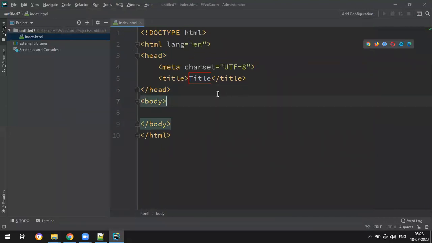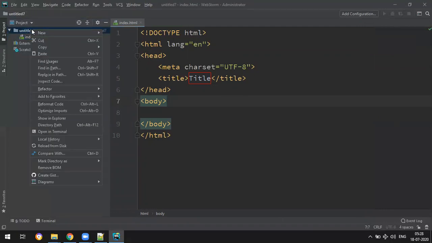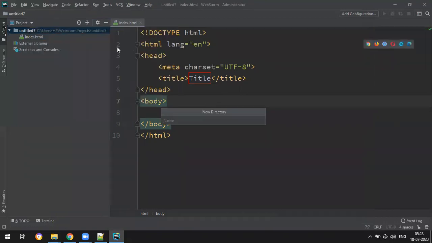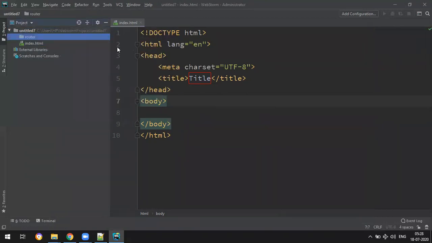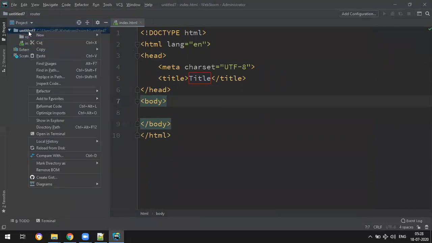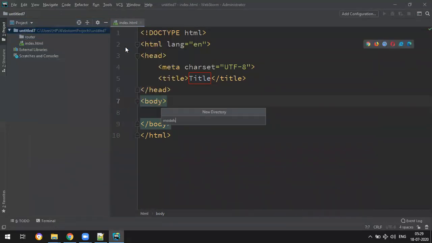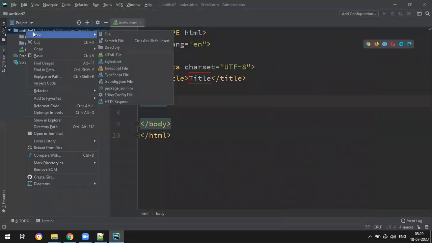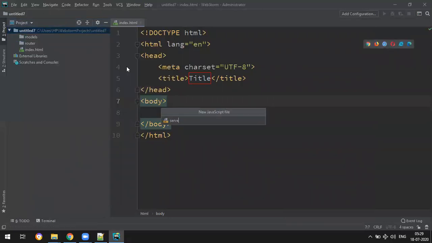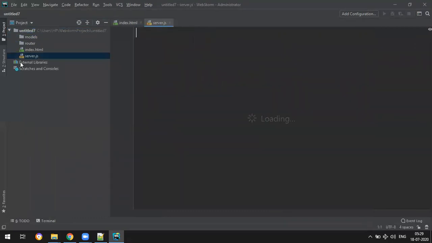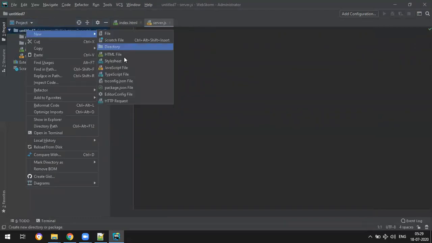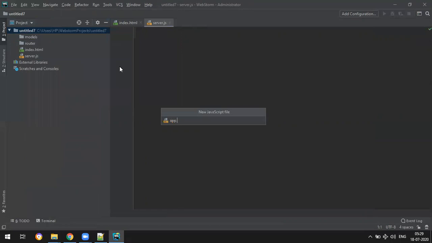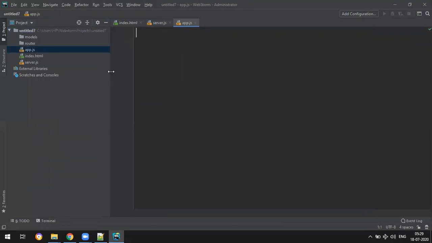You can use that. Along with that, I need another installation. What is that? Suppose I create a folder called router. Okay, this empty folder, just create it like this. If I create another folder called models, it is like this. Suppose I create one JavaScript file, server.js, like this. And wait, why am I creating these? I'll tell you. I create app.js like this. Yeah, so here we have just very basic folders and the basic file icons.